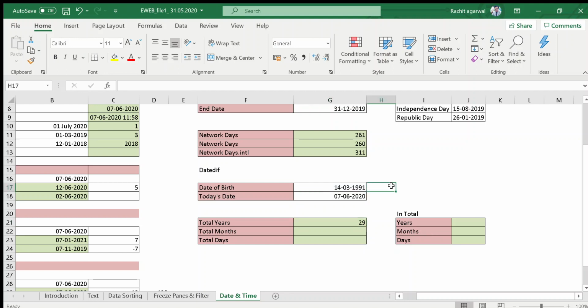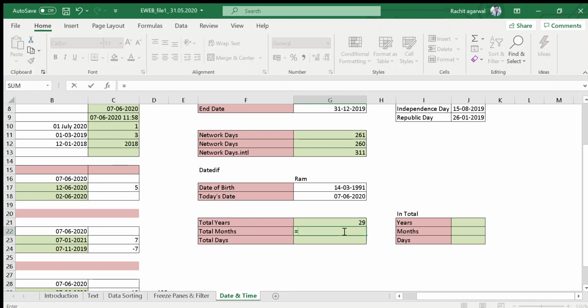Let's say it is the age of Ram. So Ram is now 29 years old. Now if you want to know how many months he is old, of course 29 years, but how many months? Again using the same formula, DATEDIF, bracket start, select your date of birth, comma, your today's date, comma.